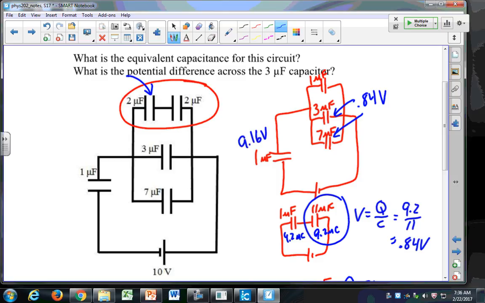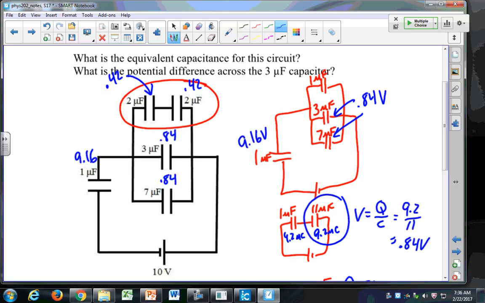Not everybody at once. I have these two capacitors in series. Remember, when you have capacitors in series, their voltages have to add up to the total voltage. And since these two are identical, they're going to have the same voltage. So how many volts across? I have 0.42, which is 0.84 divided by 2. So I have 0.42 volts here, 0.42 volts here, 0.84, 0.84,